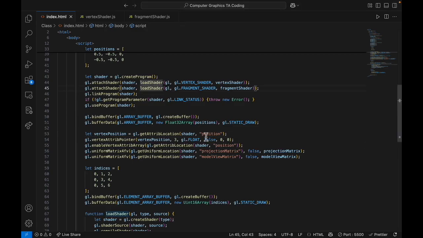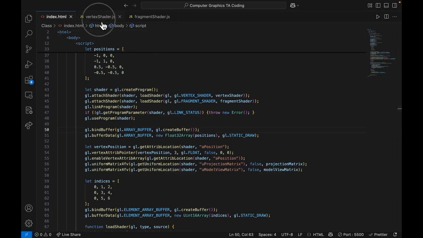So let's go ahead and do that real quick. aPosition, and then uProjectionMatrix, uModelViewMatrix. All right, but we're not quite done yet because we need to go to our vertex